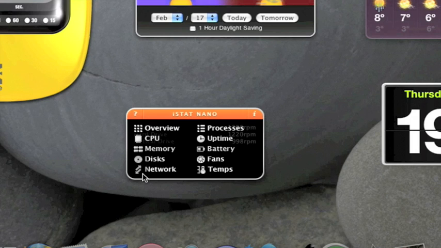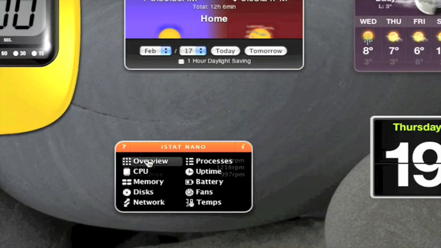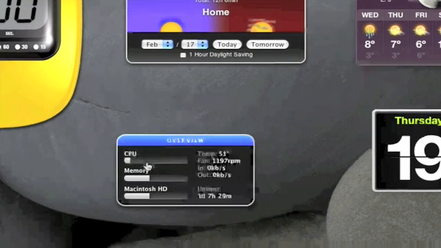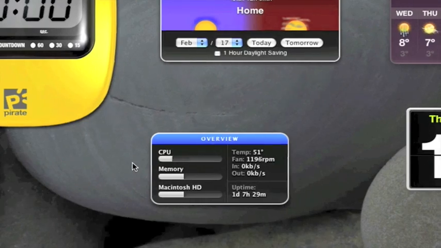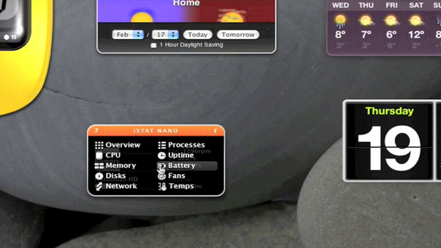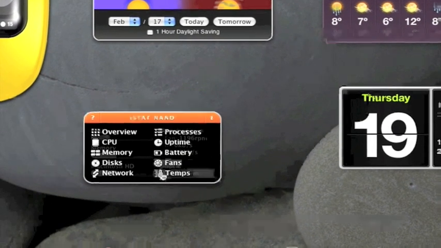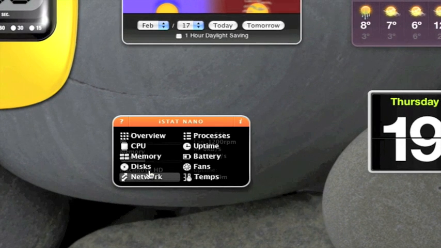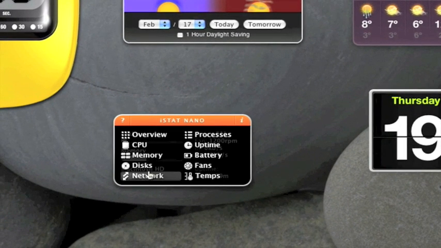As you can see, you've got your overview. You click that, and it tells you what I'm doing, how long you've had it on, your fans, your temperatures, all of that stuff. And you go back over it, and you've got a battery if you've got a laptop, but I haven't, obviously. It tells you your fans, your temperatures, and your network. This is alright, but what they've designed now is